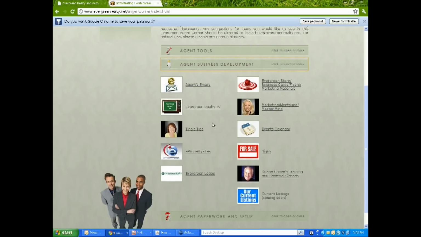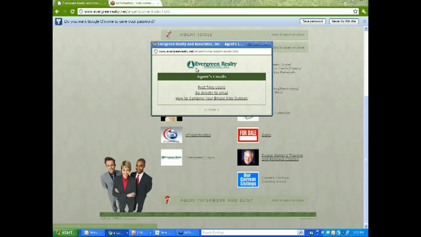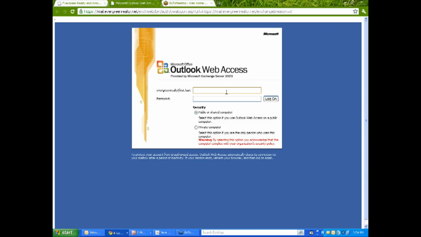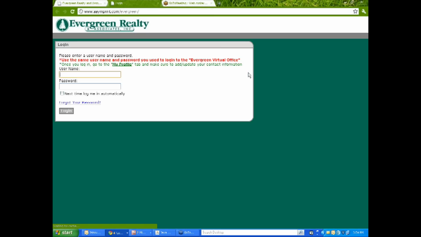In Agent Business Development, this is more for day-to-day activities of things that you're going to need to grow your business. We have your emails. This will connect you directly to your Evergreen emails. First-time users, it'll walk you through, and it will also tell you how to connect it to your Outlook. But if you want to go directly to the email, simply click, go to email, and you're there. Here is our Evergreen store. In our Evergreen store, this is